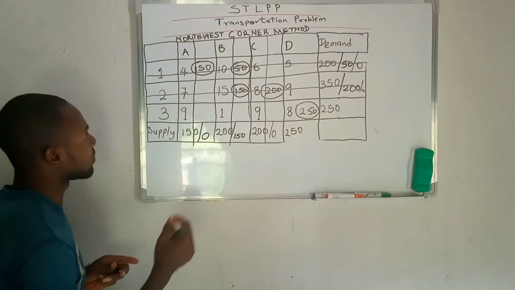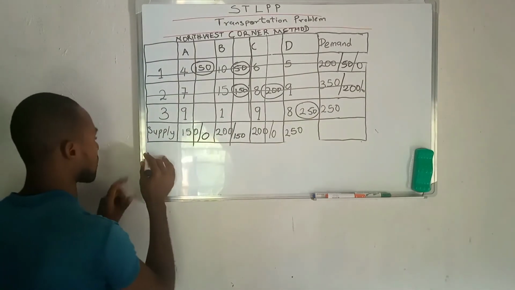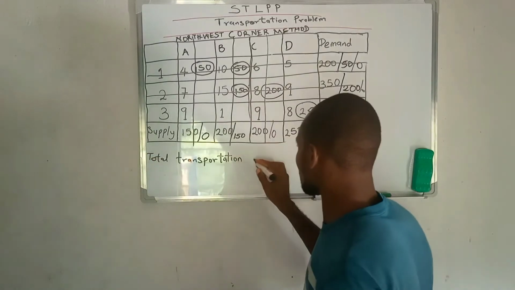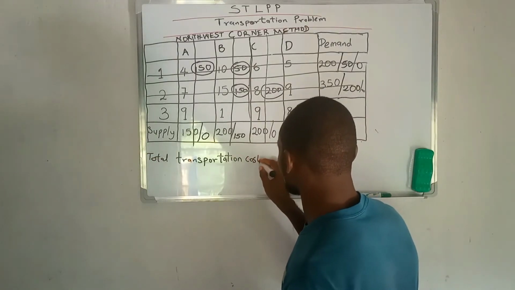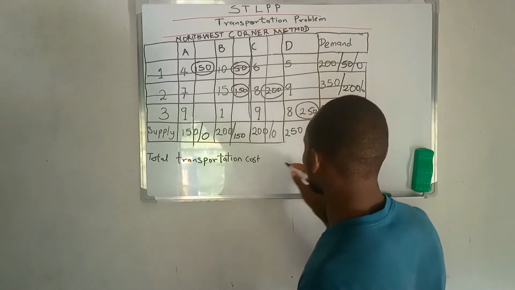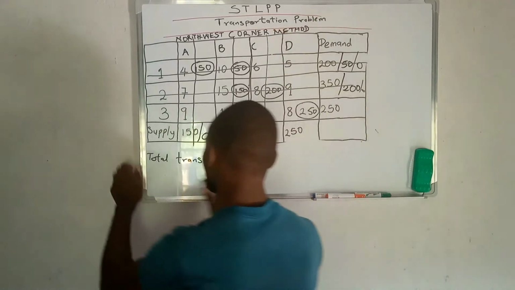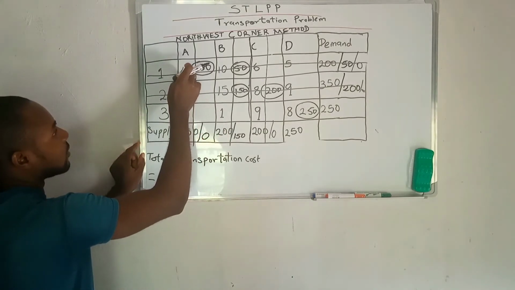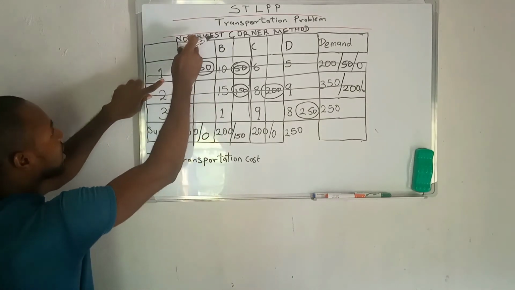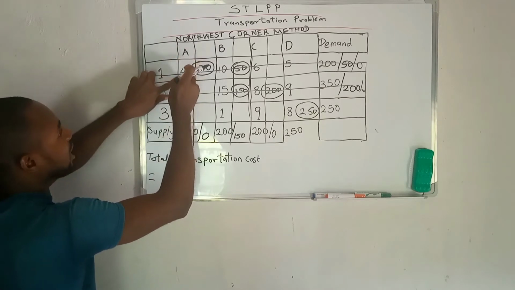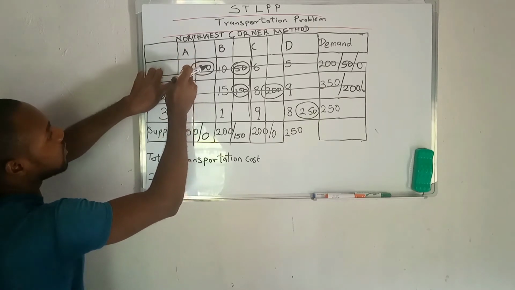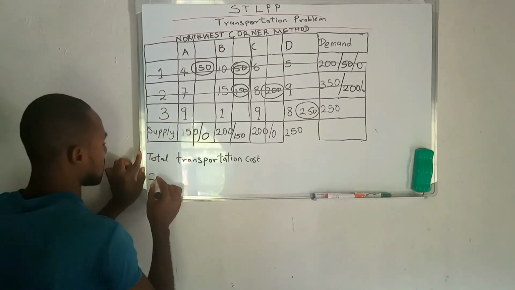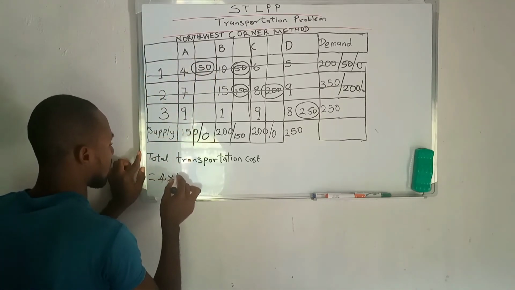We say that the total transportation cost using the northwest corner method will be equal to, let me start from here. For each good that we transport from A to 1, we are spending $4. So multiplying this with 150 goods will give us 4 times 150